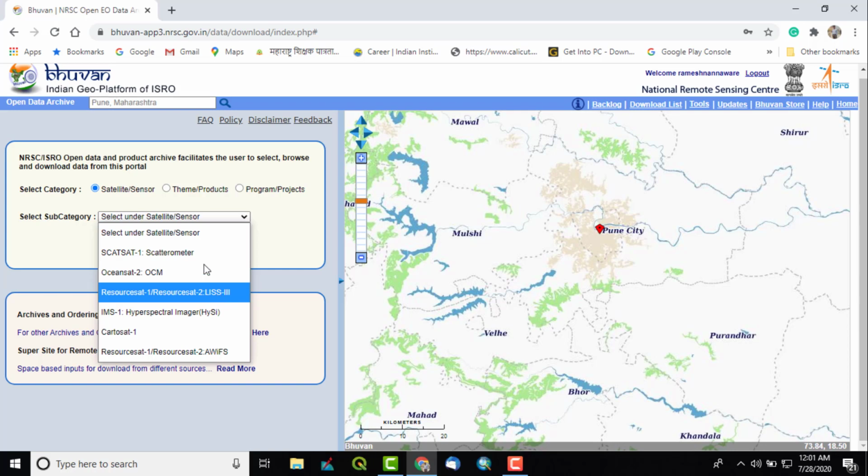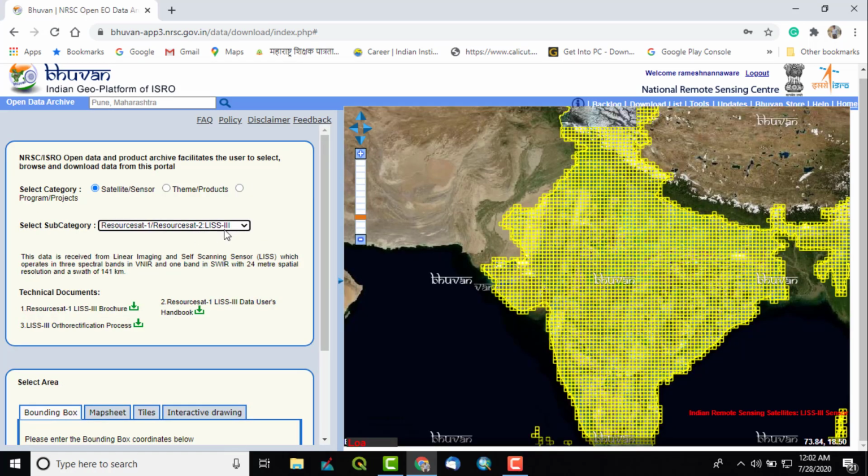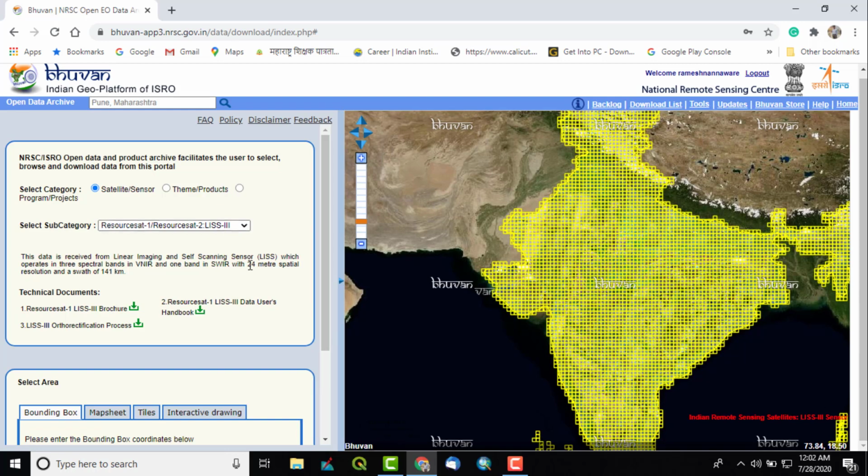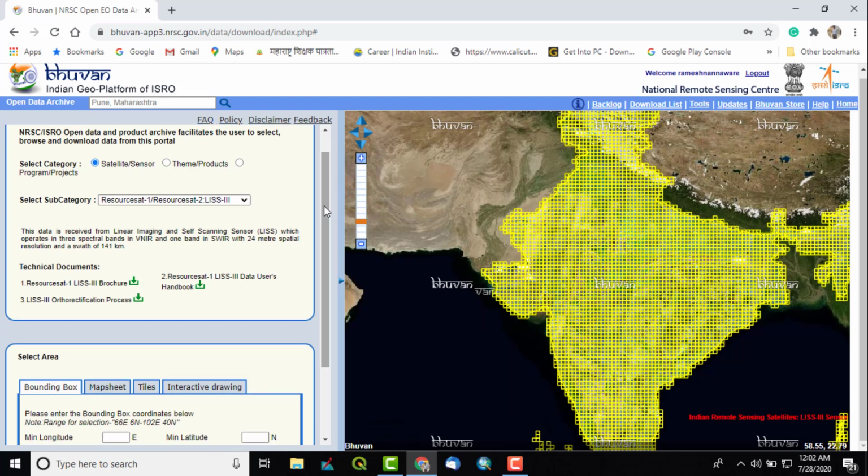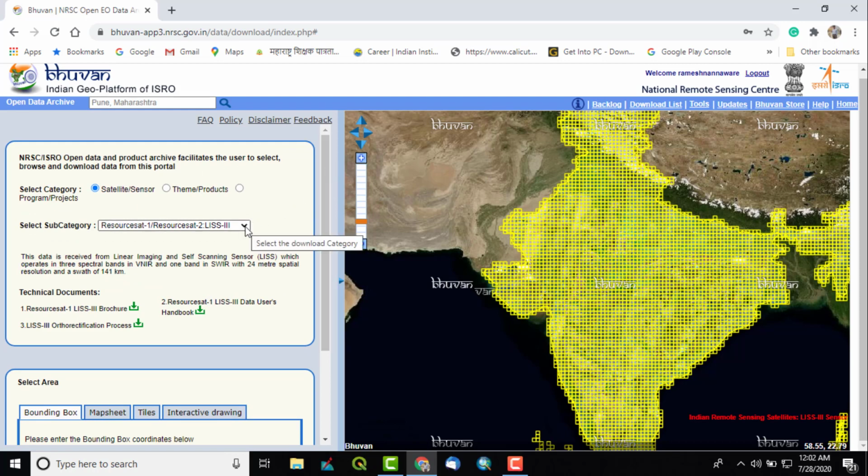I have clicked here, which is 24 meter spatial resolution satellite imagery data. This is better than Landsat, which has 30 meter spatial resolution. Our Indian satellite has better spatial resolution, 24 meter, so these data sets are preferred for land use studies.